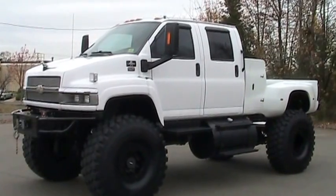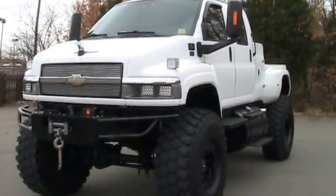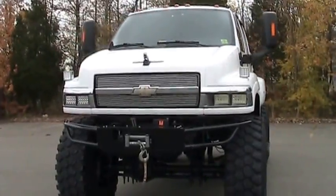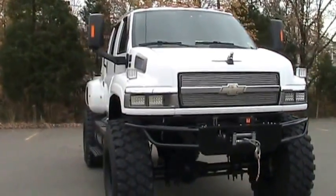Today we're taking a look at a wild 2006 Chevy 4500 Kodiak, 34,000 miles, four-wheel drive. And let me tell you, if you want the biggest, baddest zombie killer truck out there, it literally does not get any better than this. This truck has been customized head to toe,